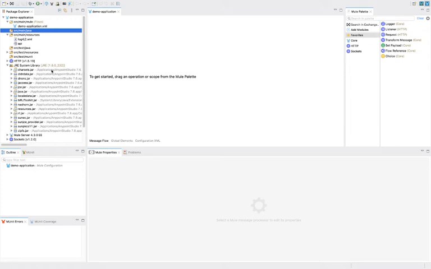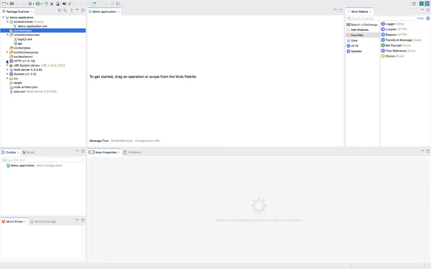This folder will contain all the libraries required to run your Mule application. By default your Mule application will use two connectors. I am giving some detail about the Mule connector. If someone is from a different background, like another integration technology, for this connector we use a term like adapter to connect with an external system. So whenever we want to connect with any external system, we need either a connector or an adapter.